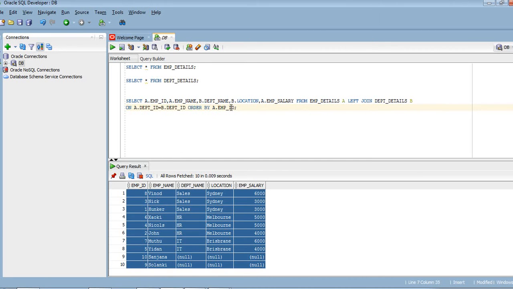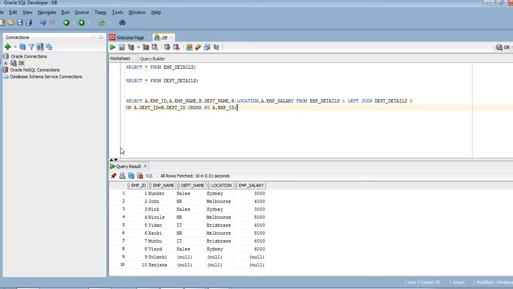Since the EMP ID column is present in EMP details, we have to mention a dot here, which means it is reflecting table a. From table a we are retrieving the EMP ID column and we are trying to reorganize the output based on EMP ID using the order by clause. So let me run it once again.